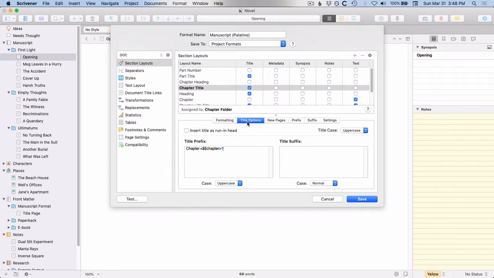So I go back to title options, and you'll notice that there's a code after chapter, and this is what's telling Scrivener how to format the number count of that type of item in your binder. So this is the auto numbering code and the format. So it's telling Scrivener, in this case, for all the chapters, count them, number them sequentially, and use the T